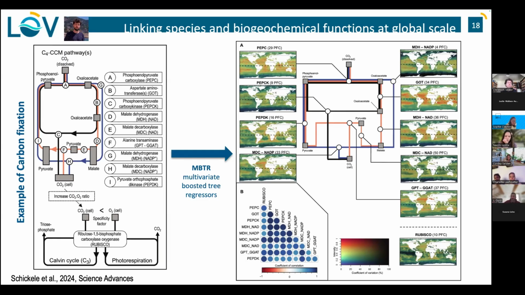But again, that's an example of how to use machine learning to not only predict the species from surface or whatever, but also the functions that are related to these species. Because we use the MAGs catalog, we could also investigate not only the function, but what species were leading to this, that expressed this function. And we actually found that there was not a specific aspect of the function. There was a lot of redundancy in the prediction of the metabolic pathway at the global scale for the carbon fixation.